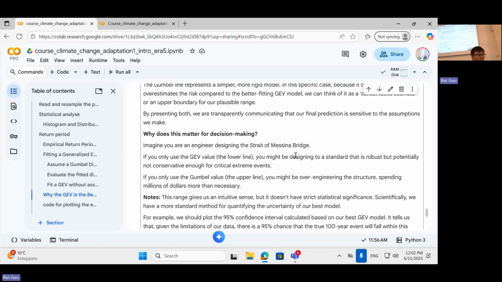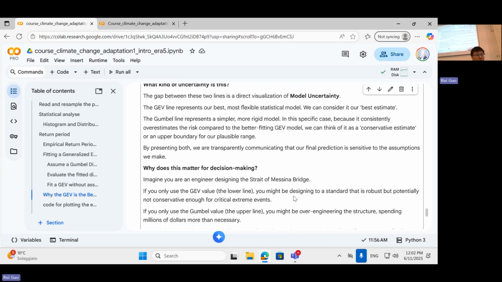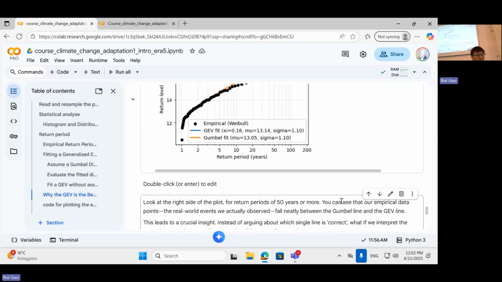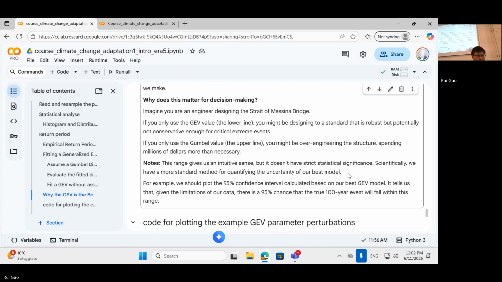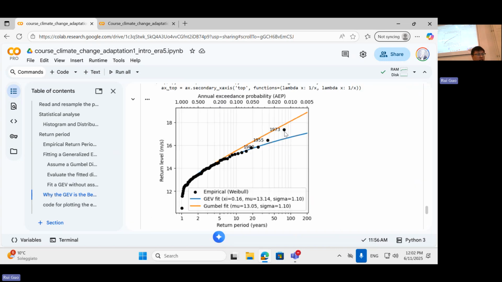If we only use the GEV value, the lower line, we might design to a standard that is very robust for most cases, but potentially not conservative enough for very critical extreme events like the 1973 one, because it will underestimate the most extreme event